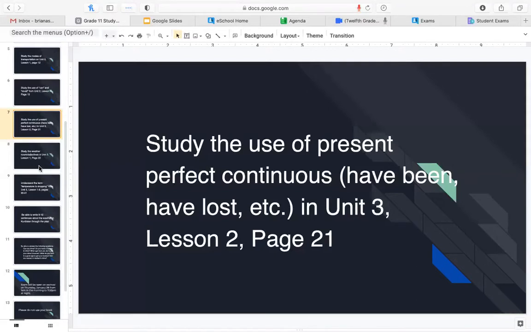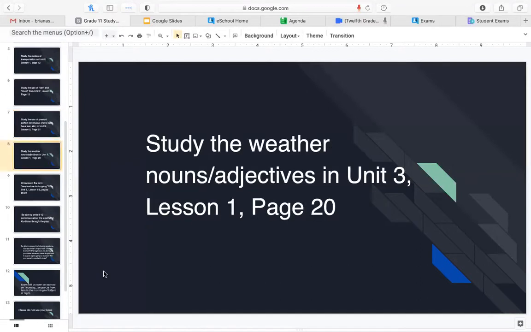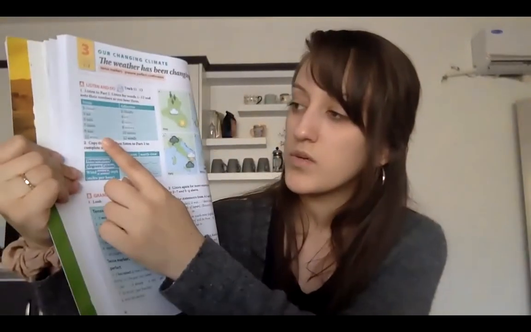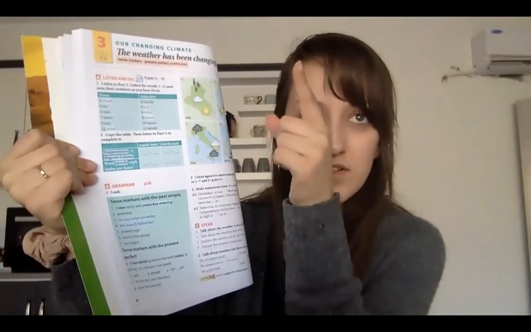Okay, next, study the weather, nouns, and adjectives in Unit 3, Lesson 1, page 20. So flip back to page 20. Here we have some weather-related words. We have the noun and the adjective. We can say that is sun. Sun is the noun. But if I want to talk about the day, I can say the day is sunny